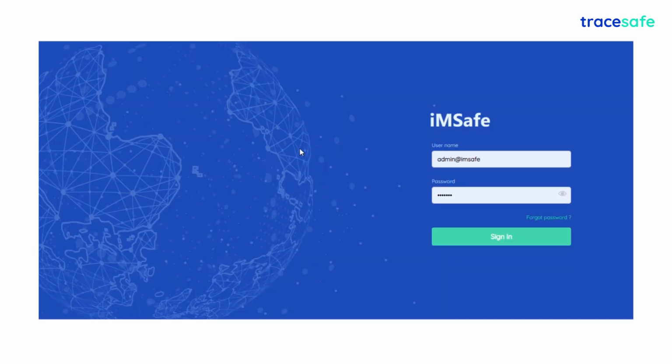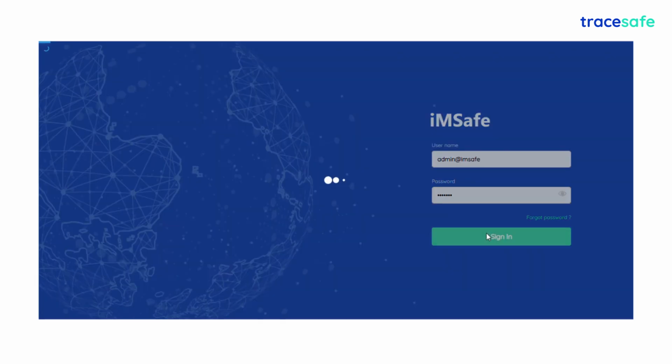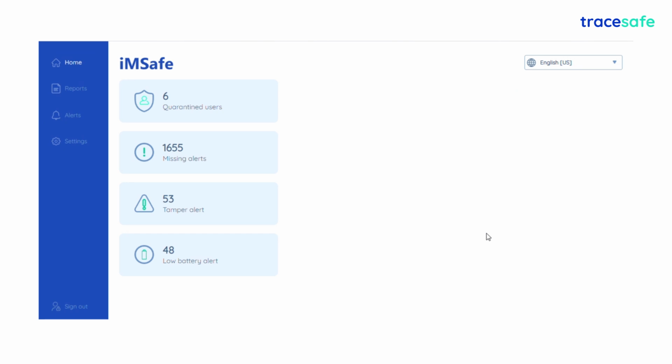This is the web application for the iMSafe self-quarantine system. The admin can log into the web application using the same credentials provided to him, which was used to register the users in the mobile application. Once the admin signs in, it will take him to the dashboard of the application, which would list the total